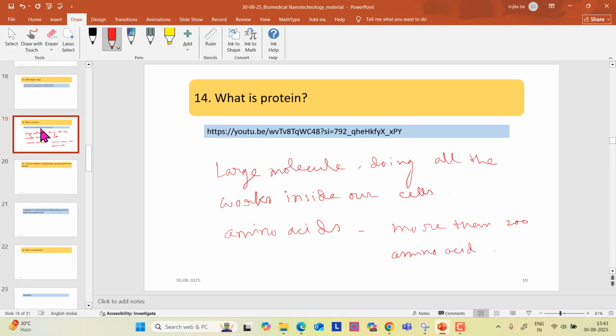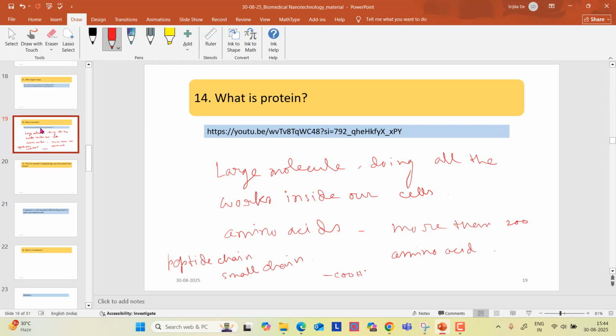Okay, so the amino acids of protein molecules are joined through a peptide chain. It is a small chain, and it joins